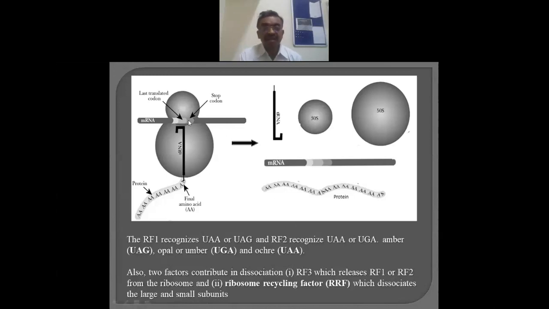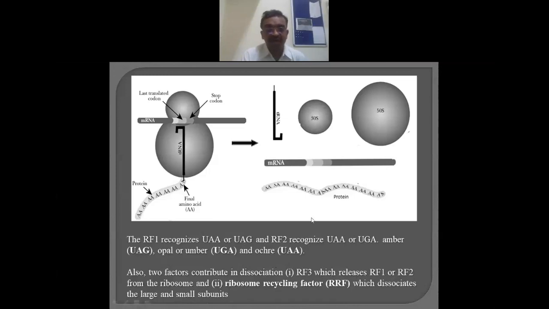What is the message here? That the protein synthesis should stop here, because all the amino acids have been connected to each other. Now there should be a stop, and hence due to these RF factors, there is the dissociation. Dissociation means every part gets detached from each other. Whatever assembly was formed, because protein synthesis is complete now, dissociates.